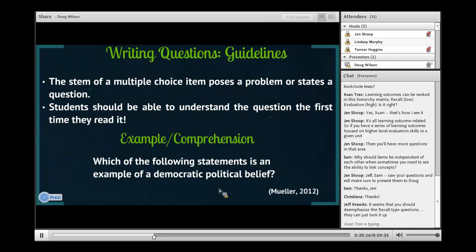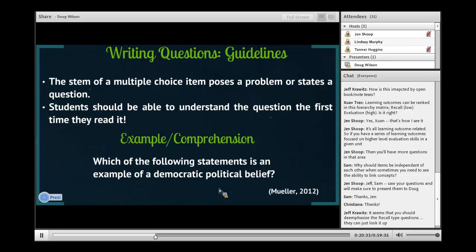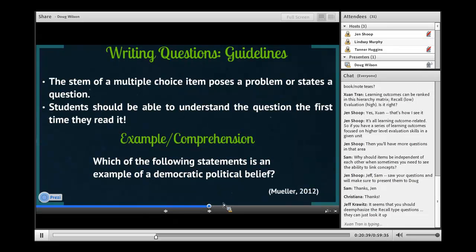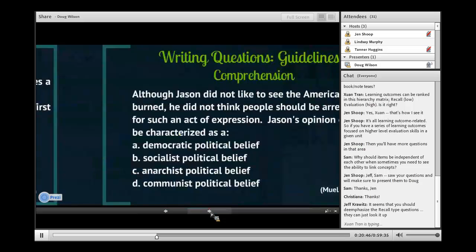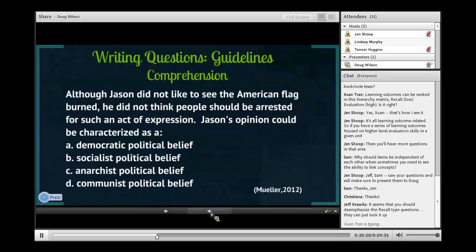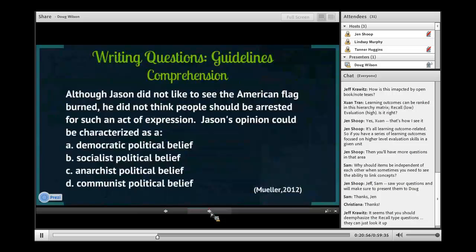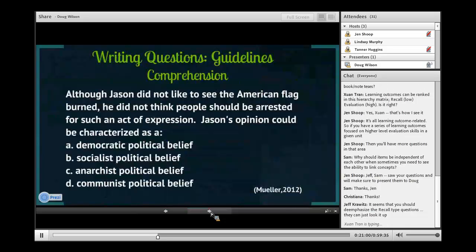I think that the formation of the questions and the process, and what we're talking about here is a process. I don't know that the open book nature of an exam really impacts the question so much, other than that when I think of a multiple choice question, I usually think of that as something that I do without allowing open book. So let's see, I'm thinking out loud here, but I think that would be important with the validity and reliability of the test, because if you are doing an open book multiple choice, I think this